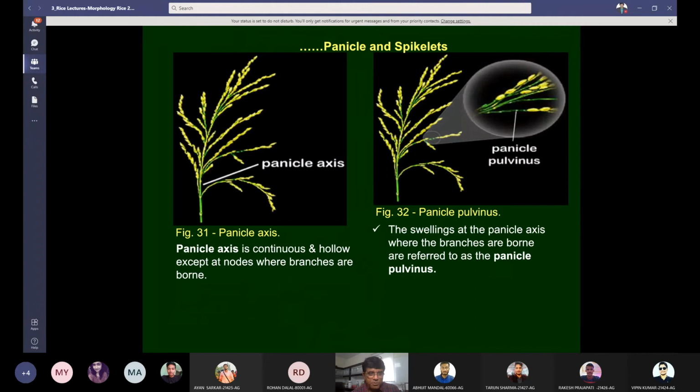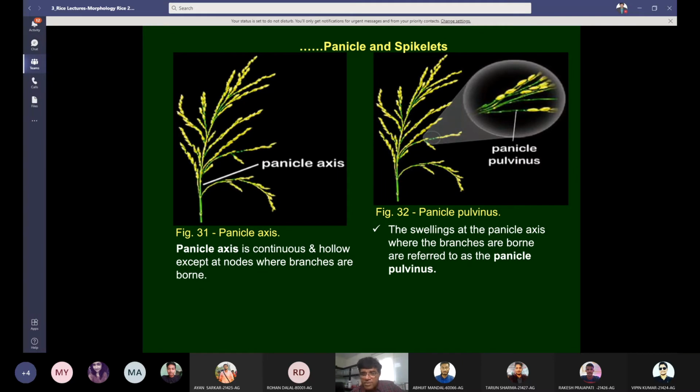Panicle and spikelet continues. So panicle axis also, you see in this picture also, panicle axis, the mother axis, main axis is continuous and hollow except at node. It is just like culm. In culm also you see it was solid at the nodes. Similarly, this panicle is solid at the node where branches are born. This branches always born on the nodes. You see panicle pulvinus, like you have seen the sheath pulvinus.